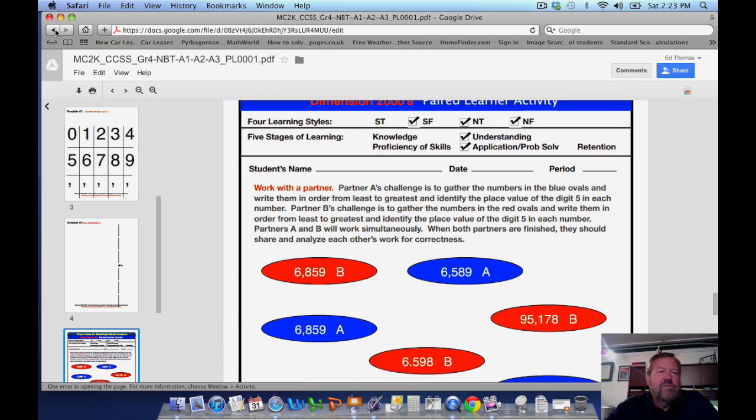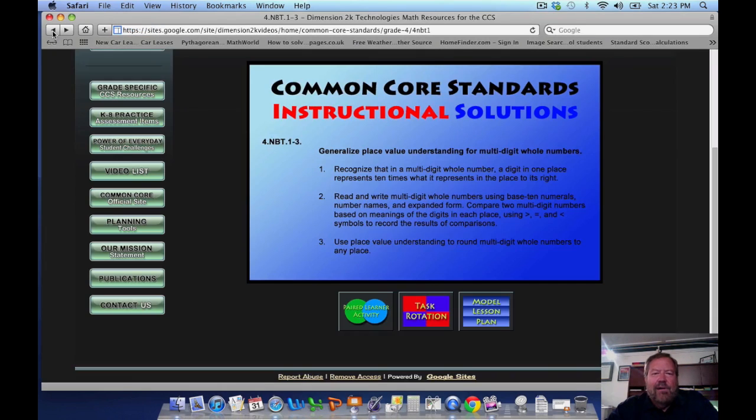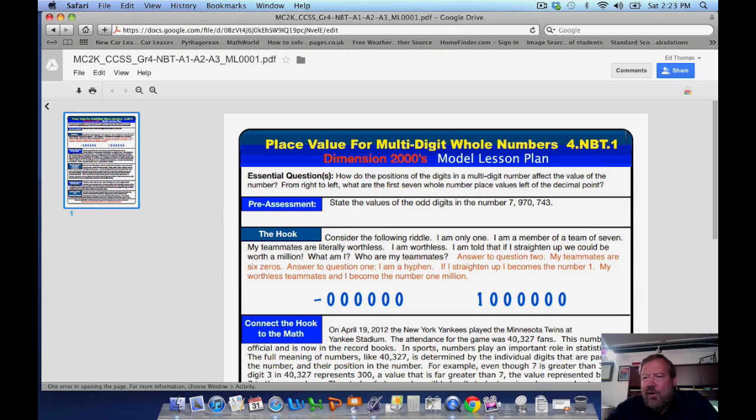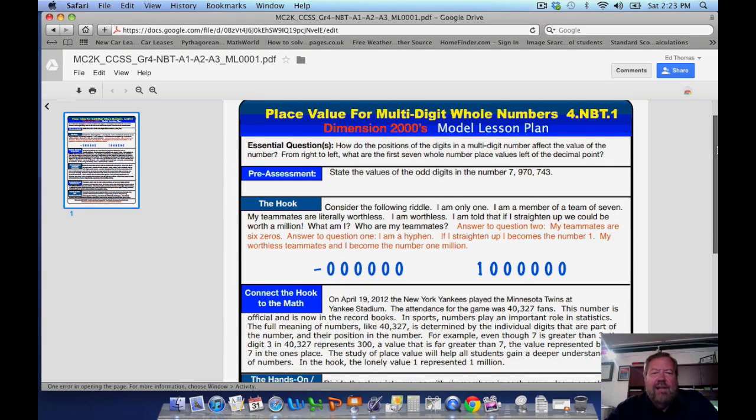So the instructional resource is very nice at providing the paired learner activity in addition to the task rotation. And also note that we have a model lesson plan for each of the standards as well. So just to take a quick look at one of the lesson plans here, the one for place value. Notice we provide essential questions. We have a small pre-assessment question. State the values of the odd digits in the number